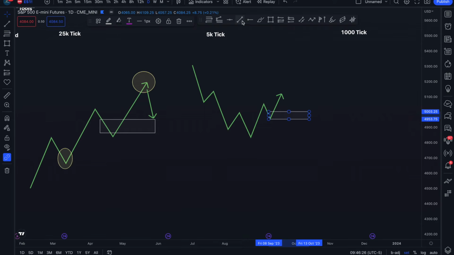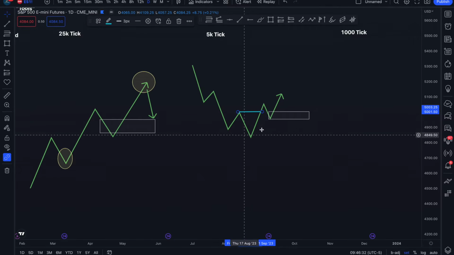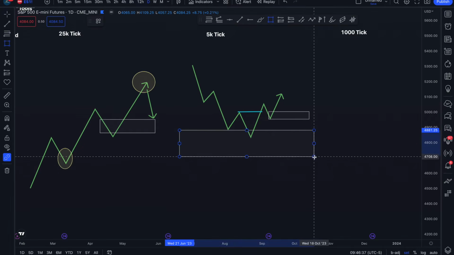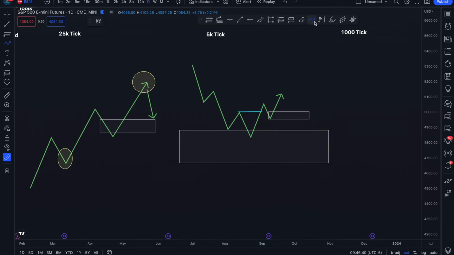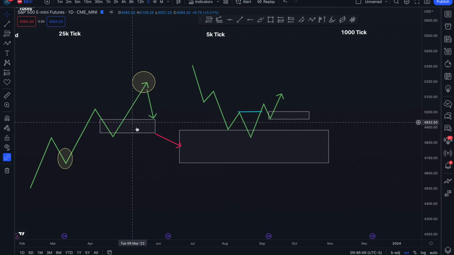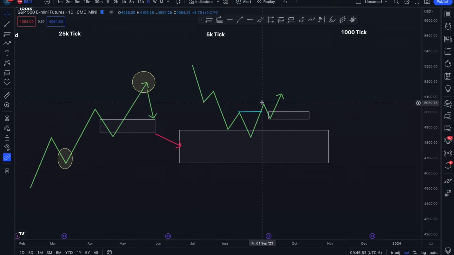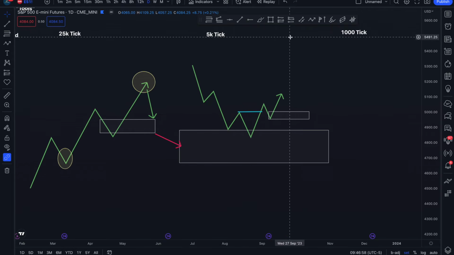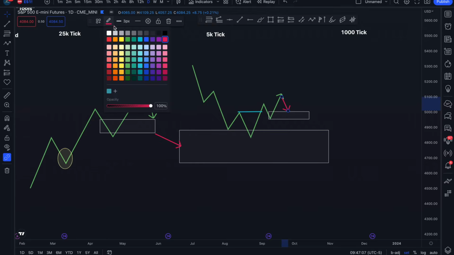So once we've broken this structure, and again, what I want you to consider is that this whole thing, at least part of it, has touched this larger zone. So let's say the larger zone is down here, okay? Like this zone equals that zone. I'll make this a different color, okay? So we're zooming in, we get a break of structure, and then I'm going to look for my first supply or demand setup. Now, once I have that, and then I see price coming back down into this, coming down into that,